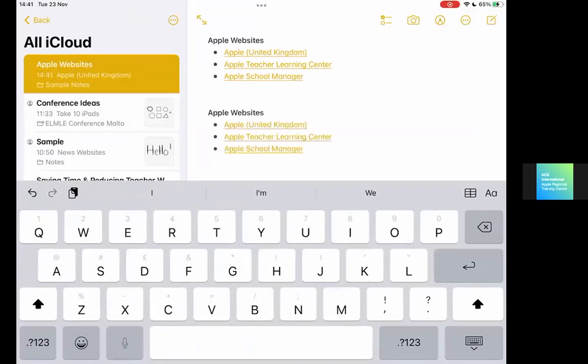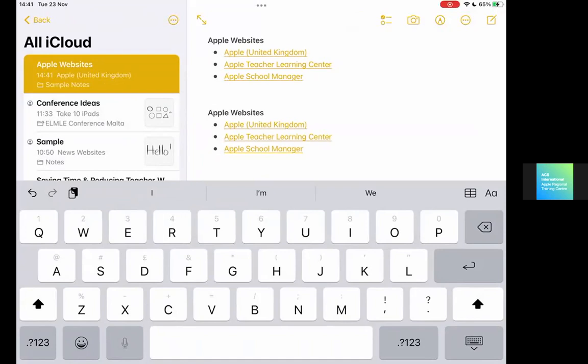And what that's done is it's organized that directly into a group of those websites, organized it very nicely under the category, and it doesn't require me to have to do copy and paste, copy and paste, copy and paste. So it seems like a very simple little thing, but it can have a really big impact if you're doing this a lot. And especially for students, if you have to give them a lot of websites in one go,